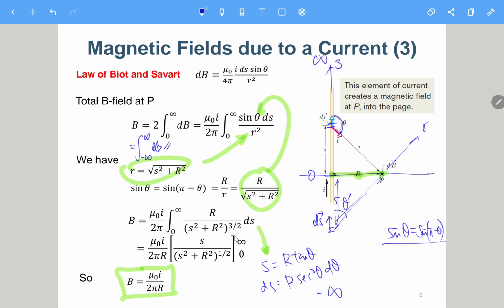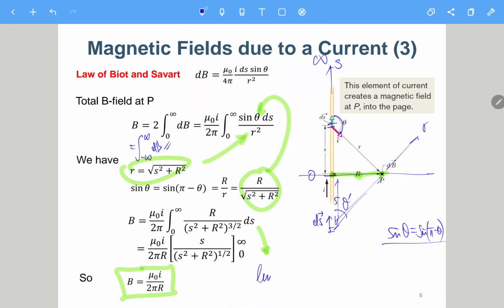Okay, and integrate from 0 to infinity. So if you plug in 0, this is 0, this is not 0, so this term becomes 0. And if you plug in infinity, this will become 1. Can you see that? If you plug in infinity,